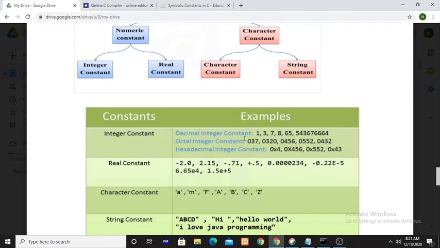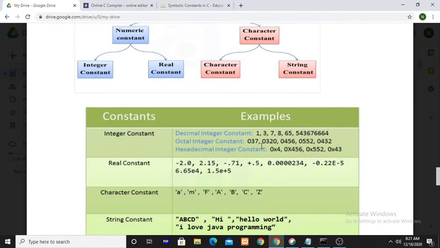Decimal constants mean the base is 10, octal constant means the base is 8, hexadecimal means the base is 16. You know what base 16, base 8, base 10, base 2 are. Base 10 means the number system is formed with the digits from 0 to 9. Base 8 means the digits from 0 to 7.